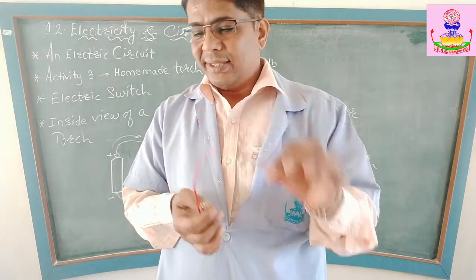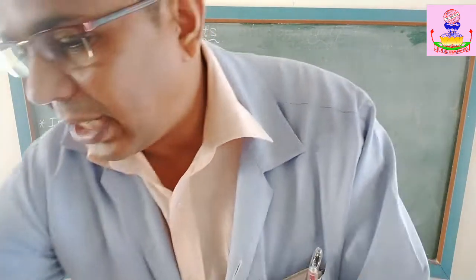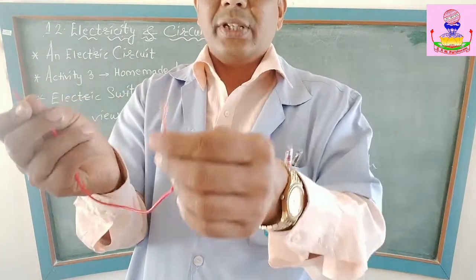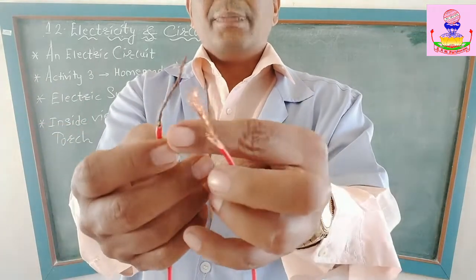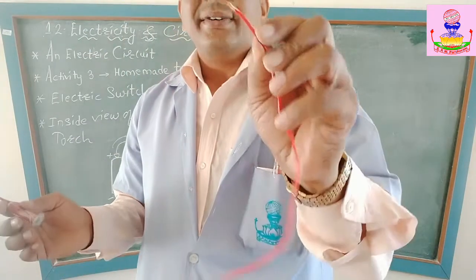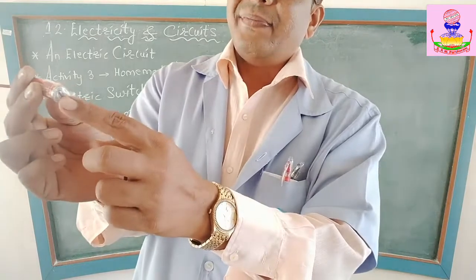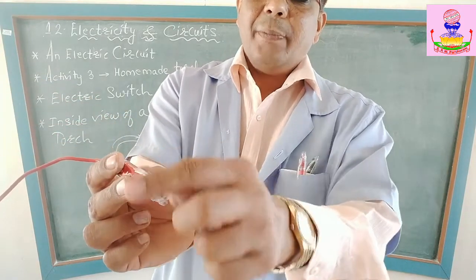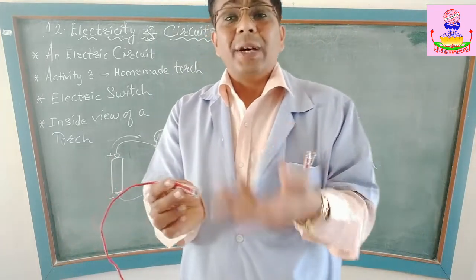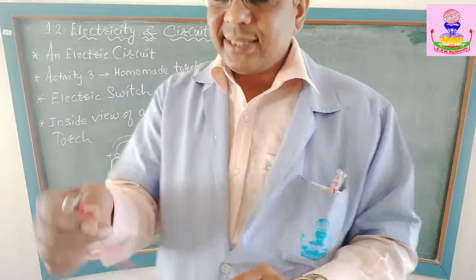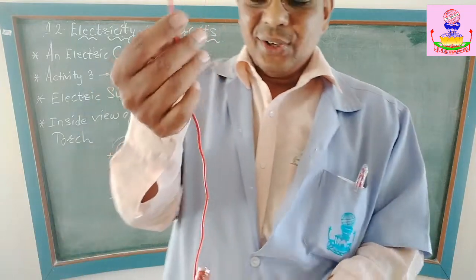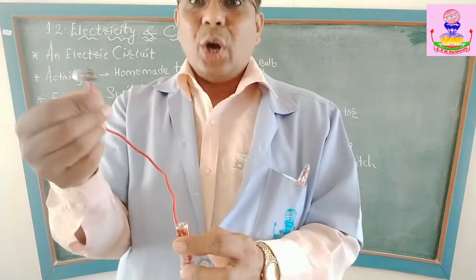Take one conducting wire like this. See here, I have got one conducting wire. Remove the plastic coating from both the ends. You can see I have removed it here. Then fix one of the ends here at the negative terminal, as I have done. I have put plastic tape here, or you can use insulation tape or a rubber band, whatever you want. And tie the next end to the bulb. See here how we have tied it. Now your homemade battery is ready, the torch is ready.